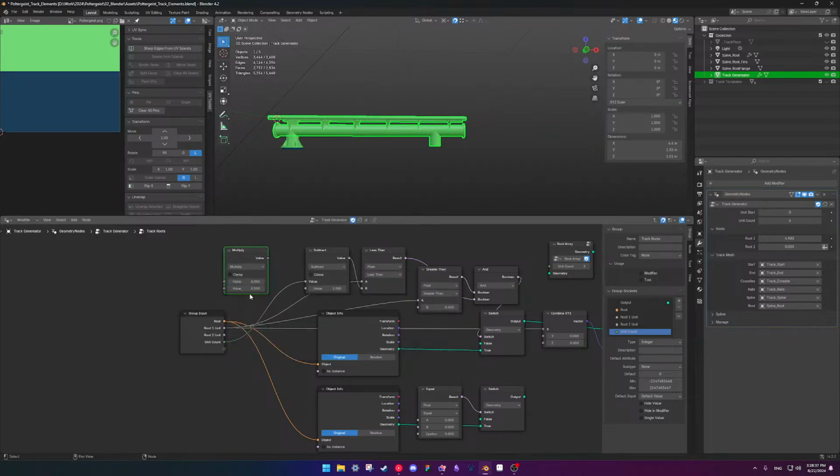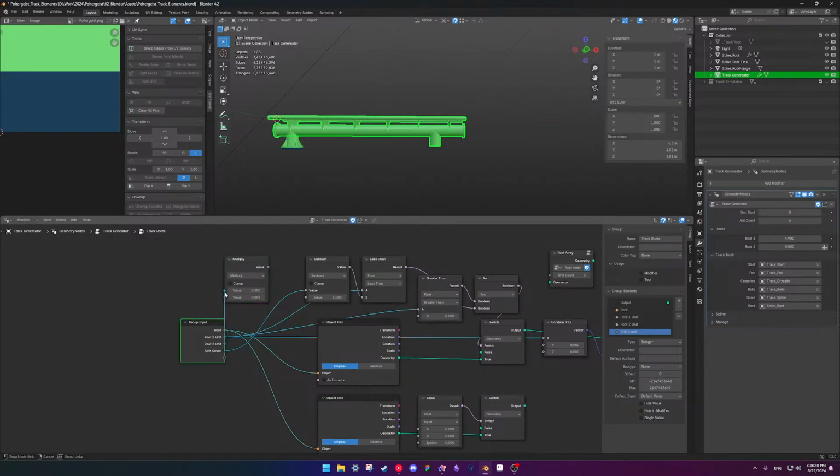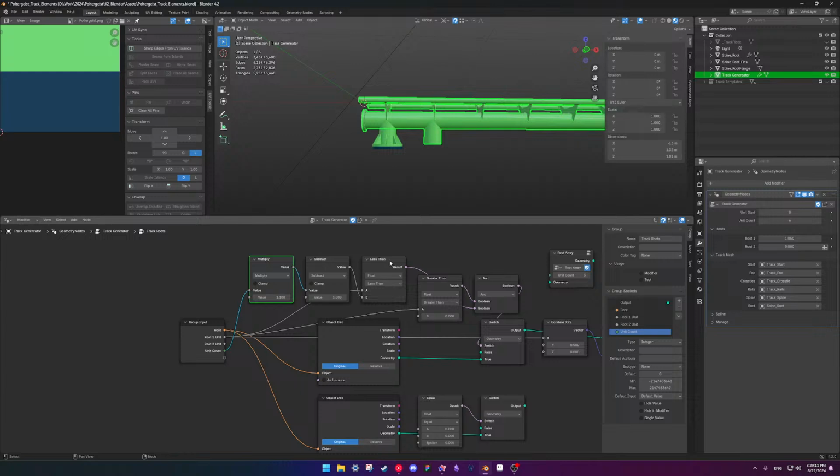So we're gonna multiply. So we'll take the unit count times 1.1. That'll be this number. There we go. So now it only exists between these 2 points. Perfect. And if I need 2 of them, perfect.